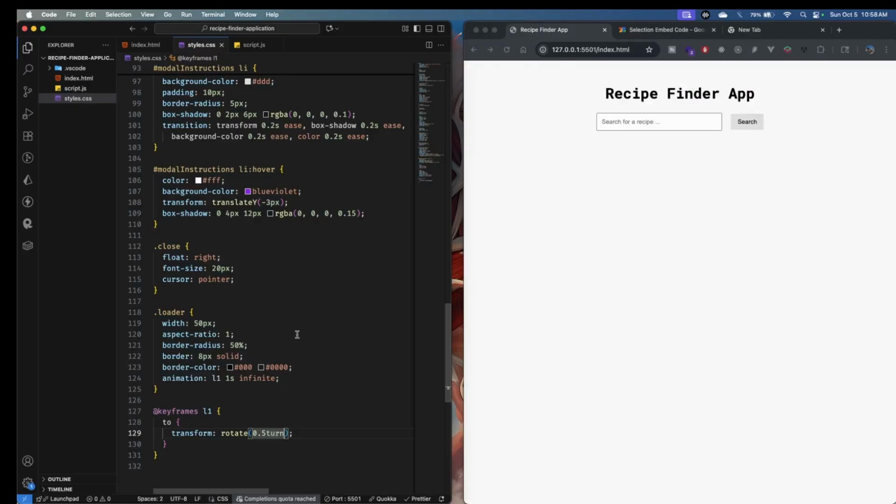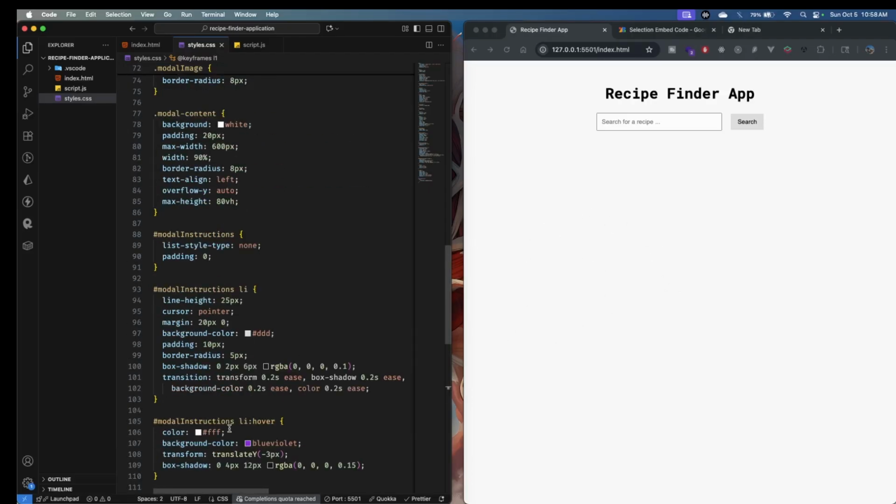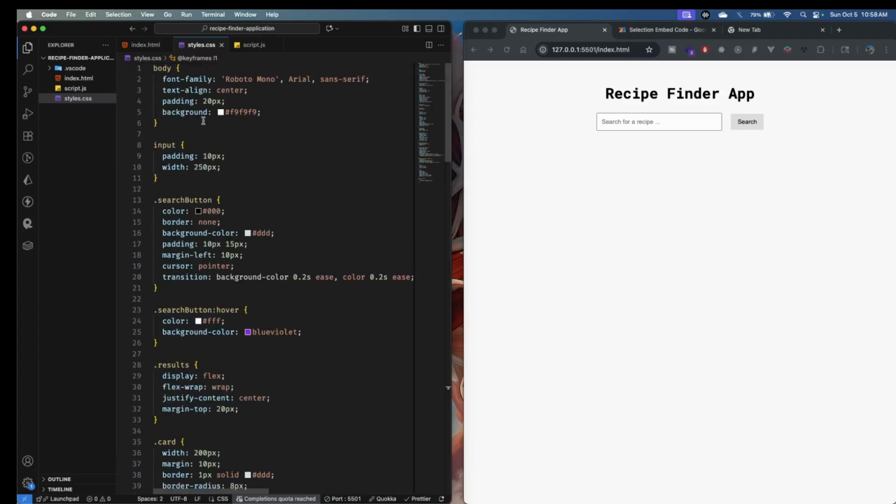And all this means is that the loader is going to be moving like a circle on the right side. Okay, so this ends all the part of the styles.css,